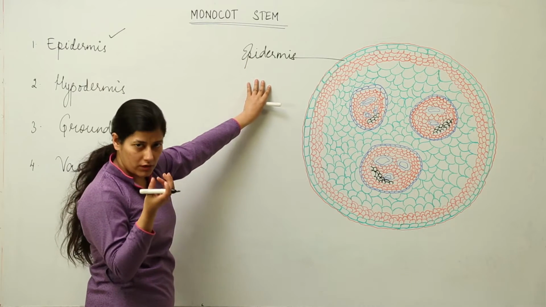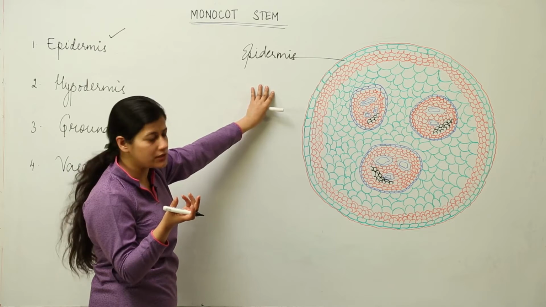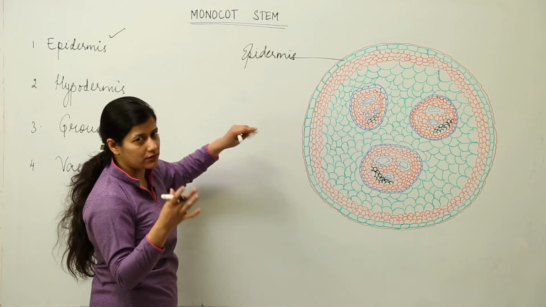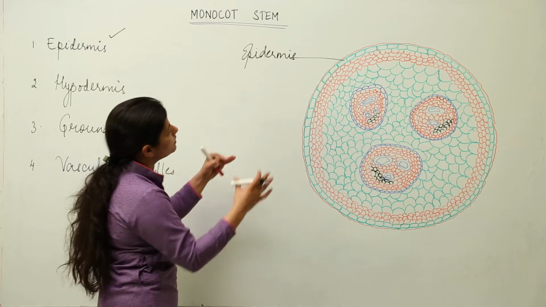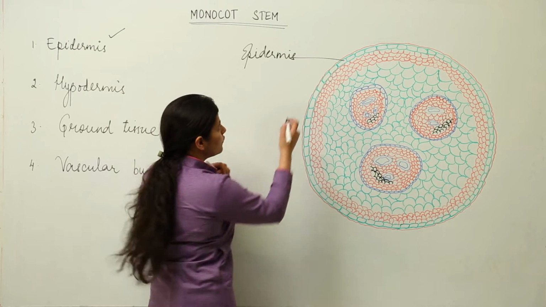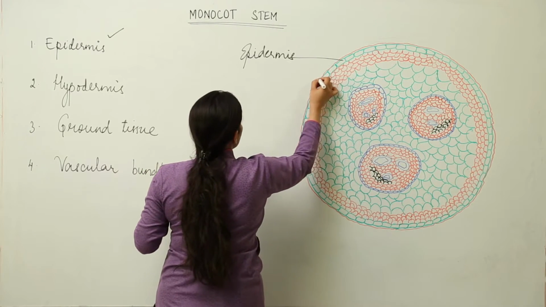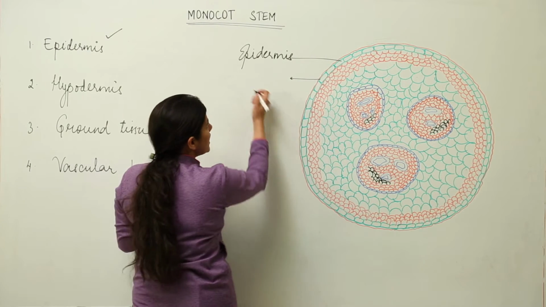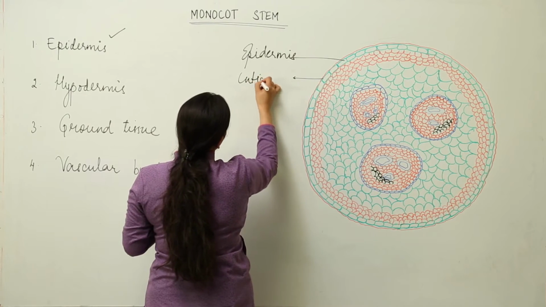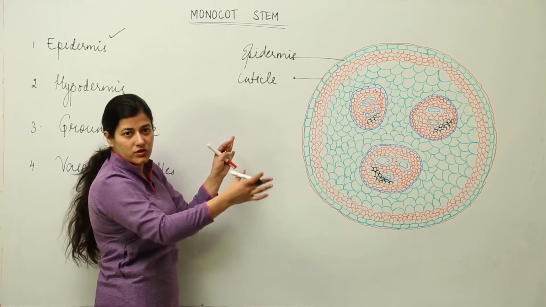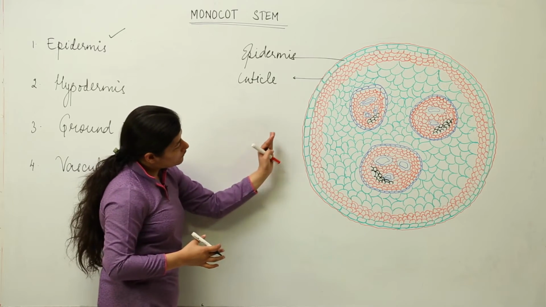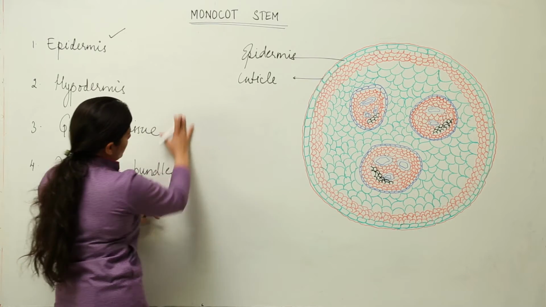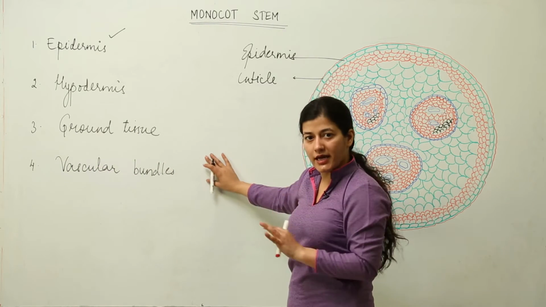There could be stem hair as well which could be present. They are present in least number though, but you can consider that the stem hair could be present, but excluding that we have a thin layer of cuticle which surrounds the epidermis. So you have to remember this red lining that outlines this green layer of cells is the cuticle. So we have a thick cuticle which lines the epidermis, which is single layered. Now as we move from outside to inside, we have to see these four things that are present inside our monocot stem.